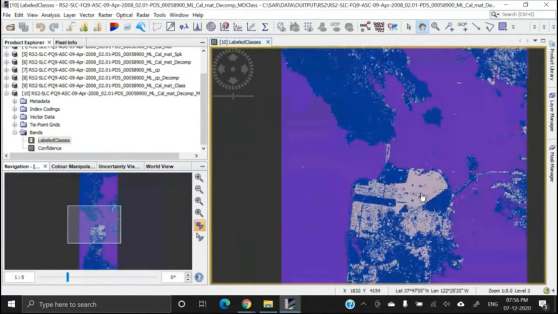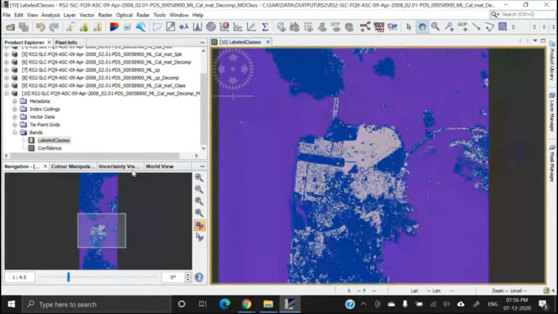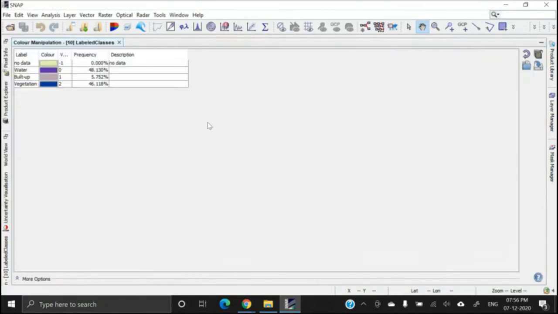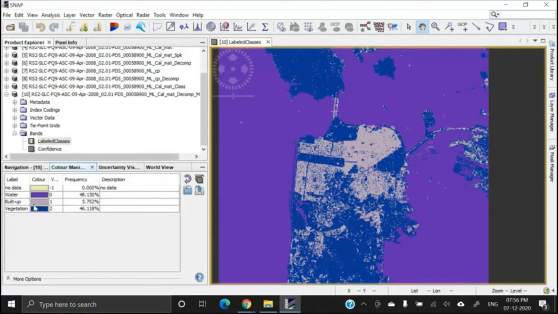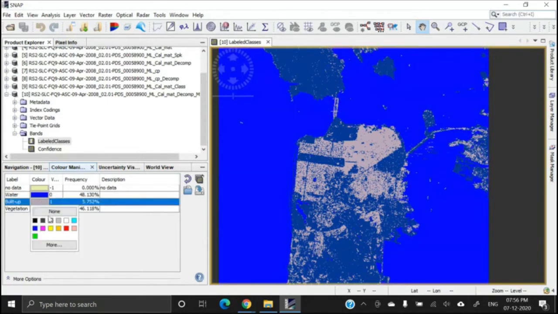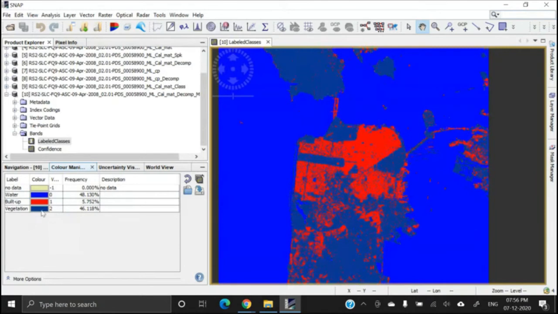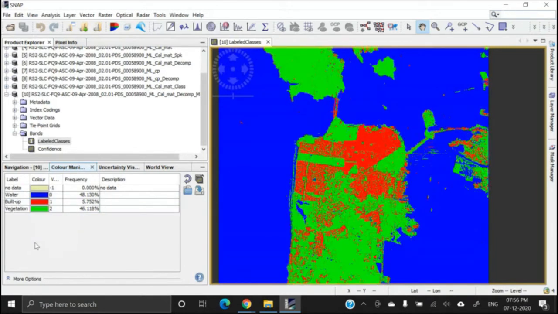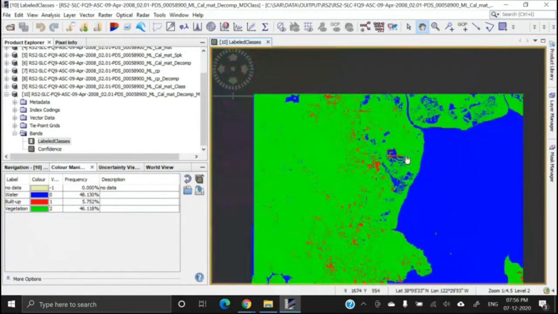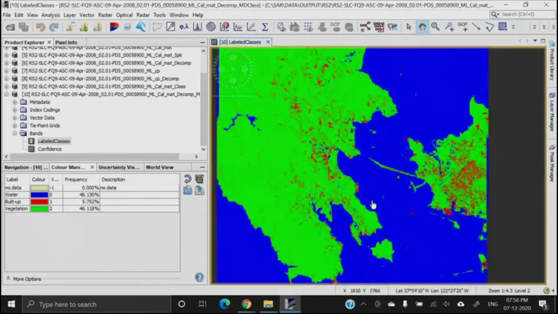So this is the image, and come to this color manipulation window. In the color manipulation window, you will see water. Let us give our own colors: water, built up, and vegetation. Okay, and see, this is the classified image.